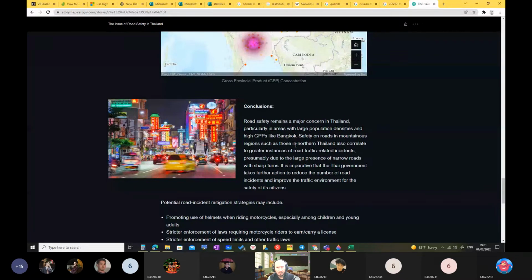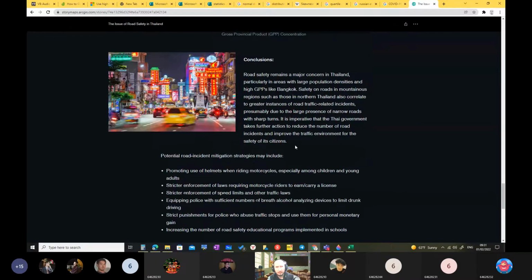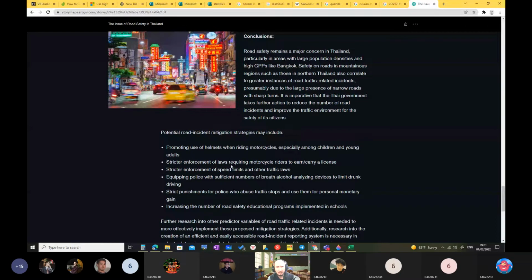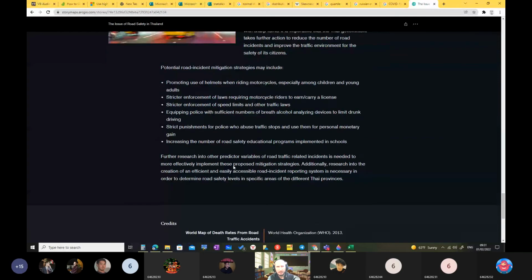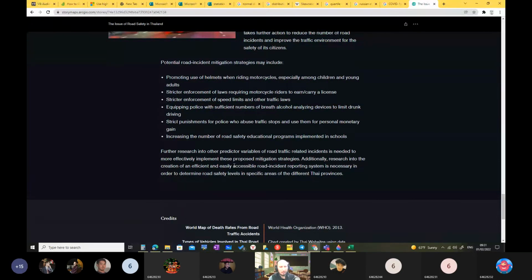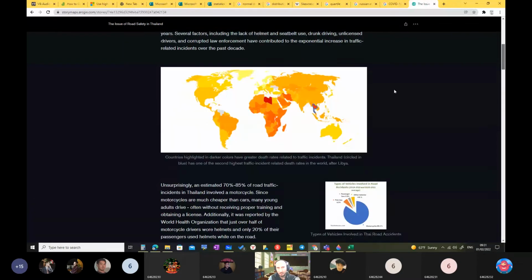The Thai government should take action: helmets, laws, speed limits, police, right? So like COVID, right? Suddenly we notice people are sick, people are dying. Oh, everyone must do something, right? But in traffic, people are also dying. We can see the numbers, right? If we look,